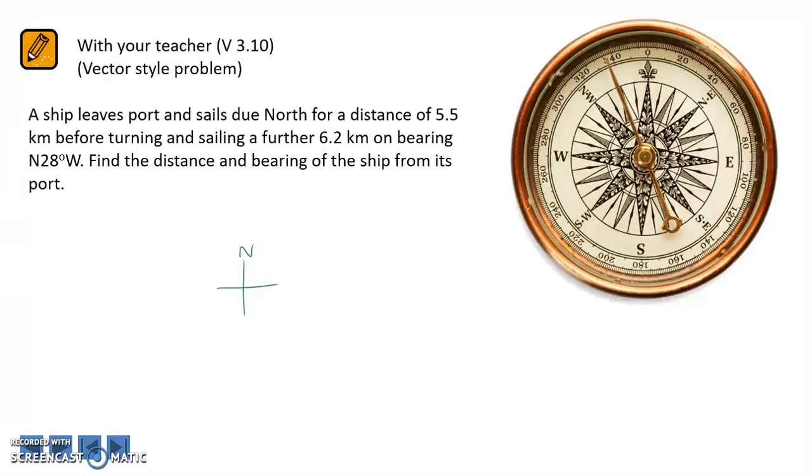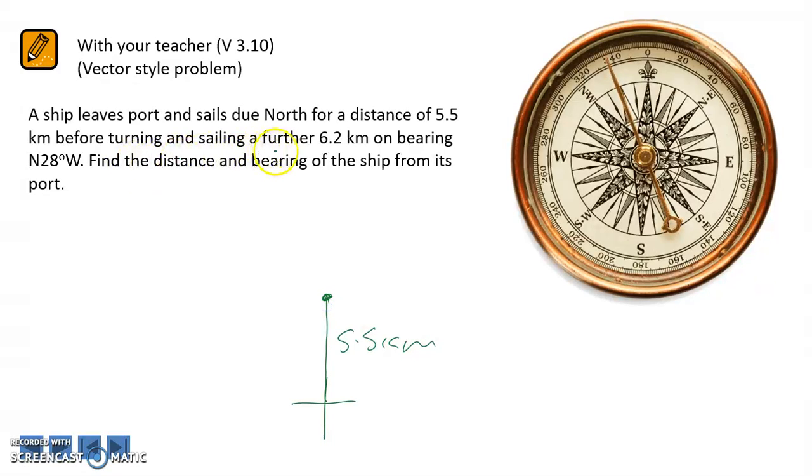Let me just draw that down a little bit more on the page because I can see that I'm going to be heading up and then across. So if I start down here, due north, 5.5 kilometres,